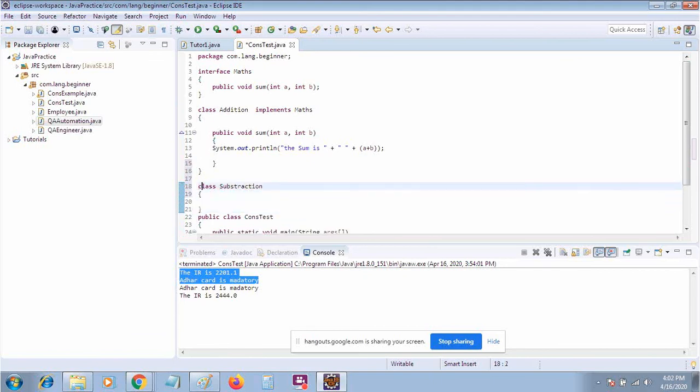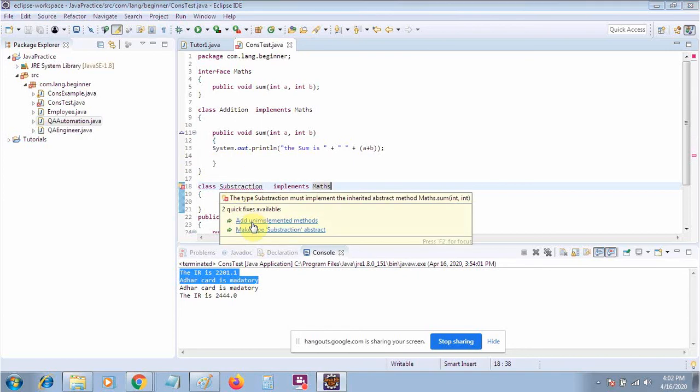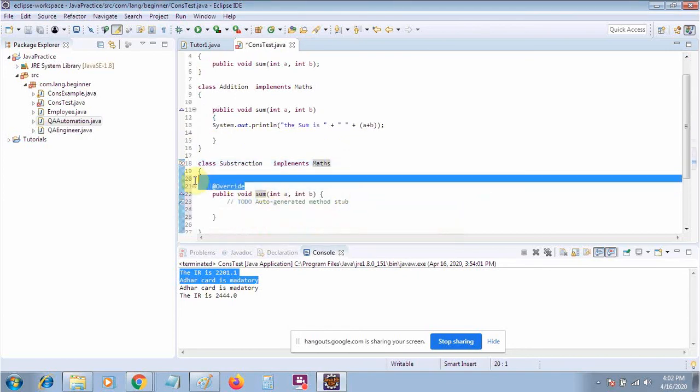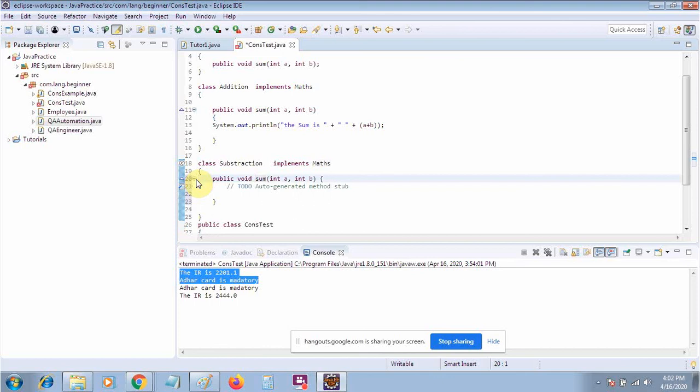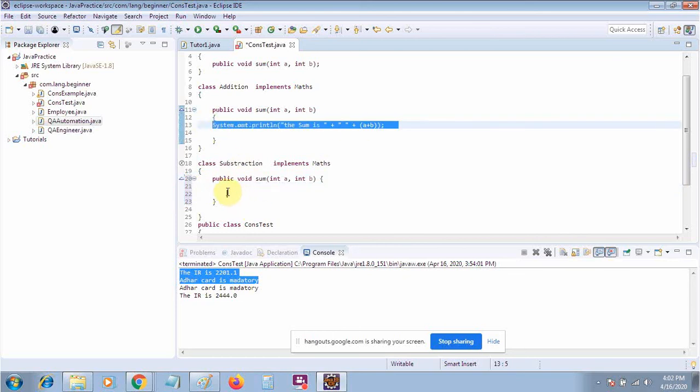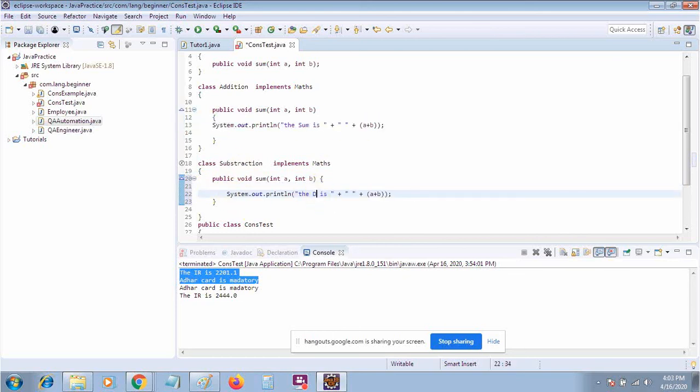Again, it implements Math, so again it has to create the unimplemented method, and we will create the body of this method. The difference is a minus b.